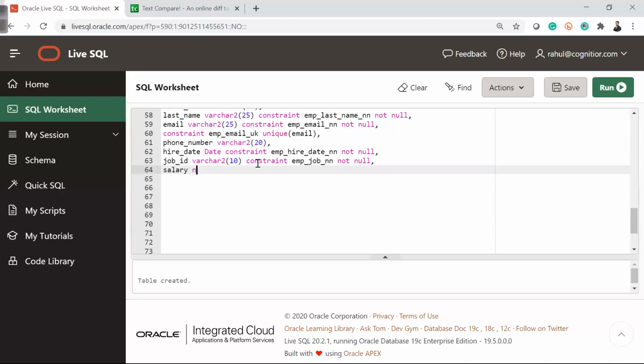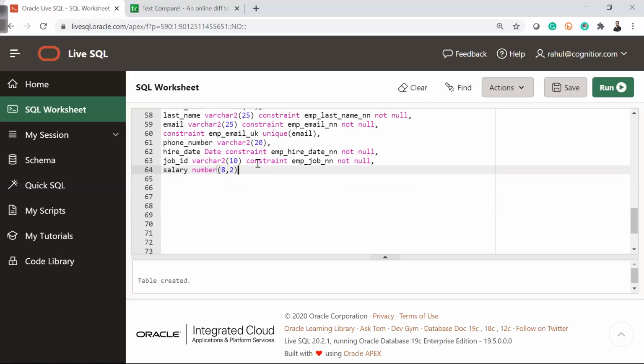salary, and we'll have number as my salary (8,2). Now 8 comma 2 means 2 decimal places, then comma, and for this salary I want to add a new constraint this time. My salary cannot be 0, it should always be more than 0, right?